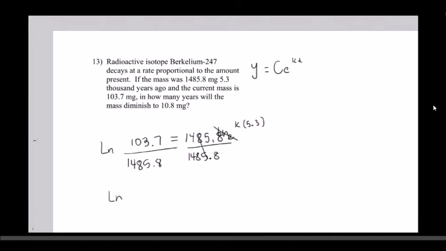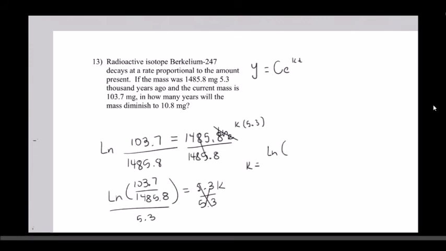So we've got the natural log of 103.7 over 1,485.8 equals k times 5.3. Okay, now if we divide by 5.3, we get a value for k to be the natural log of 103.7